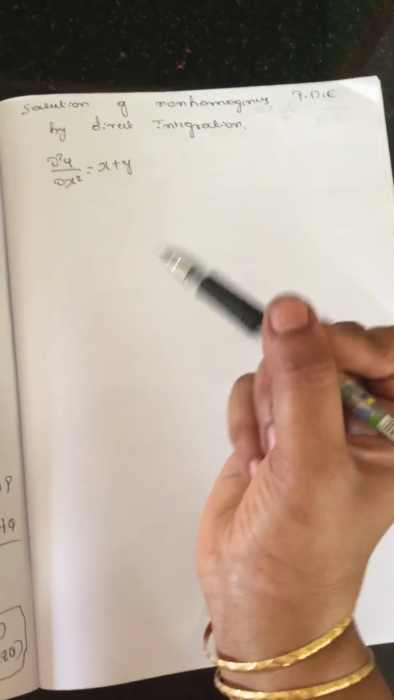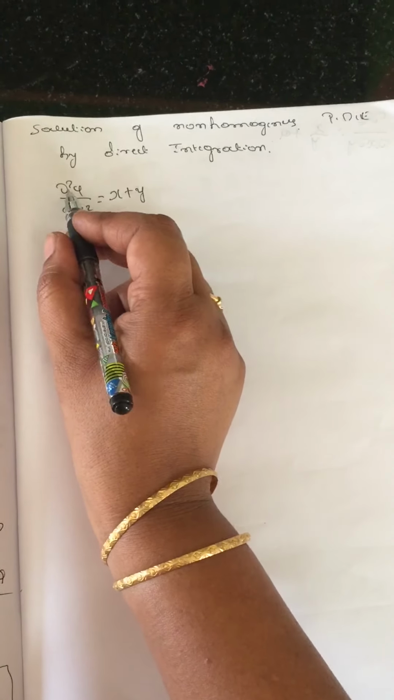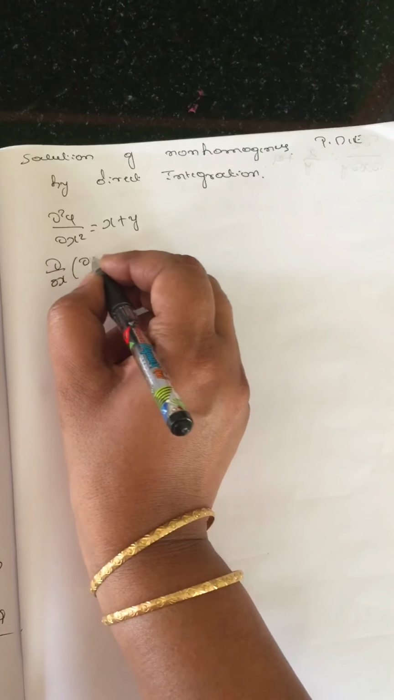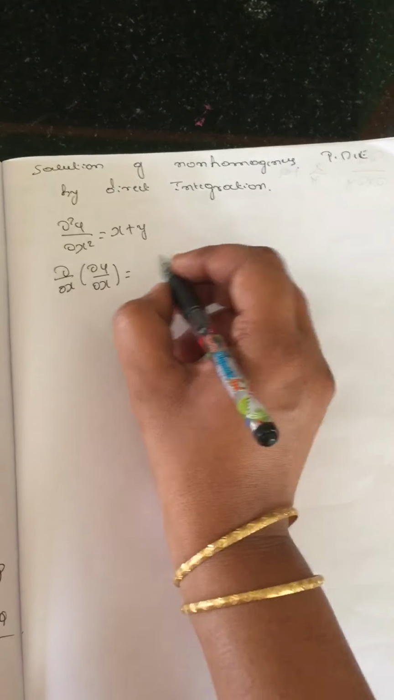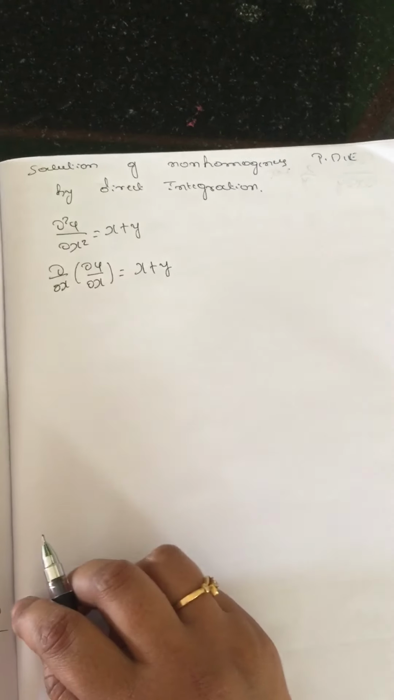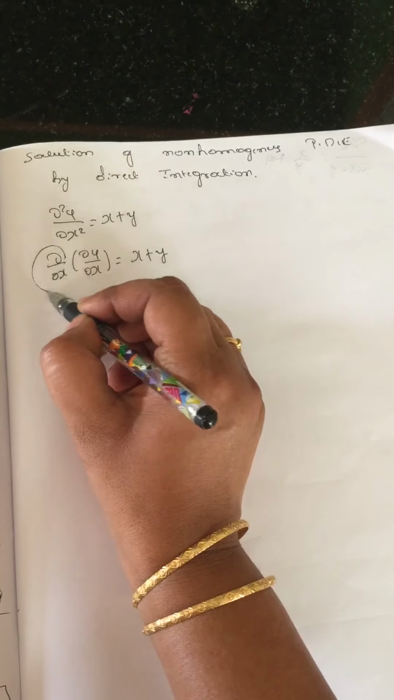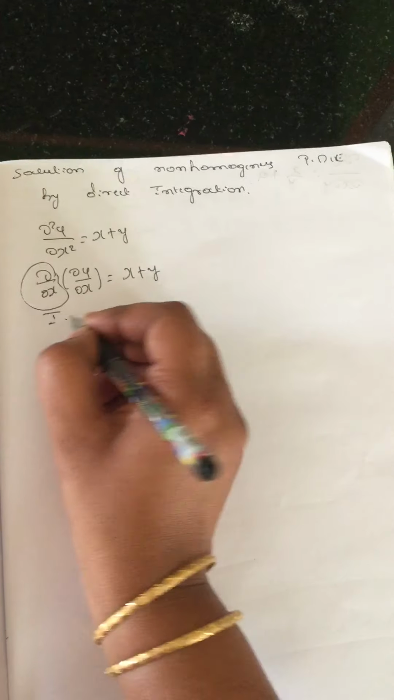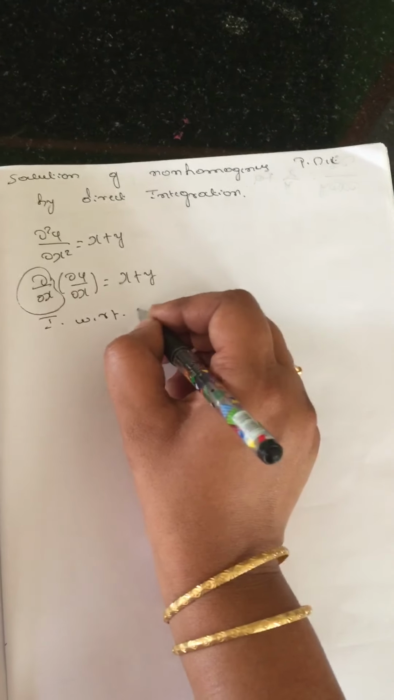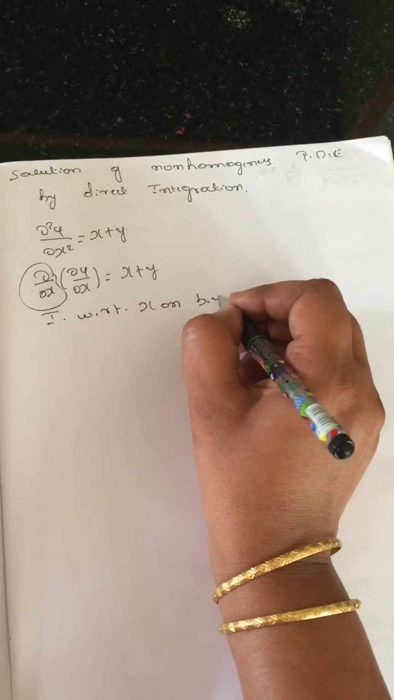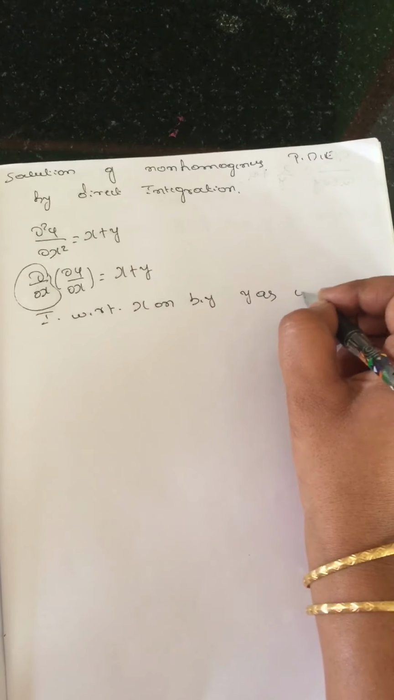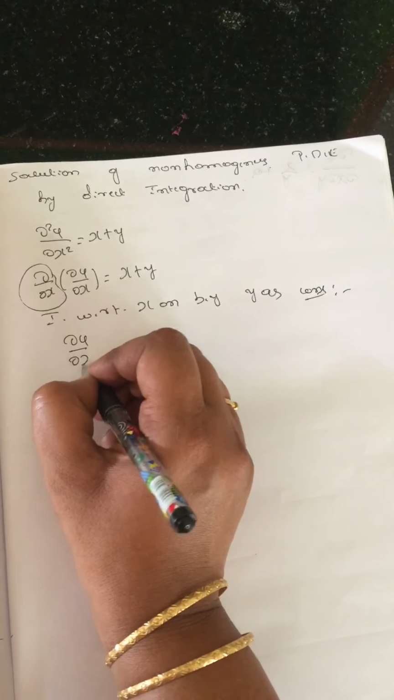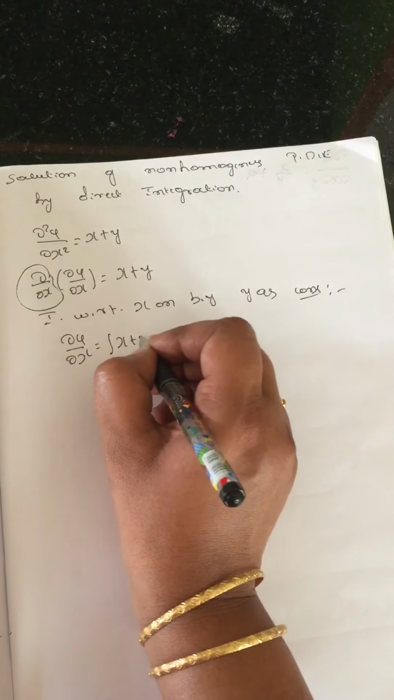Okay, so here by direct integration, this del square u by del x square can also be written as del by del x of del u by del x, which is equal to x plus y. Now first we need to eliminate this del by del x. What do we do? We go to integration. Integrate with respect to x on both sides. We treat y as a constant, that is del u by del x is equal to integral of x plus y